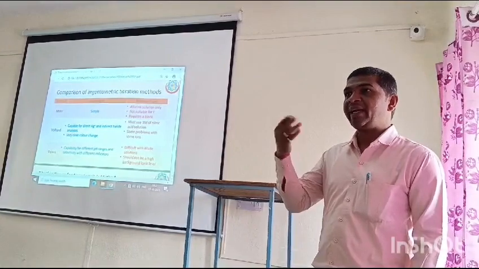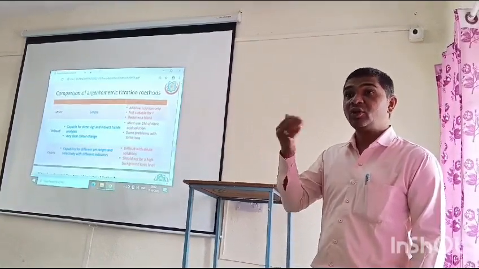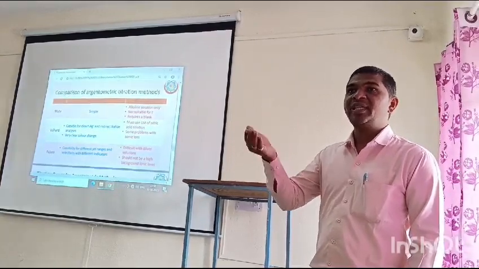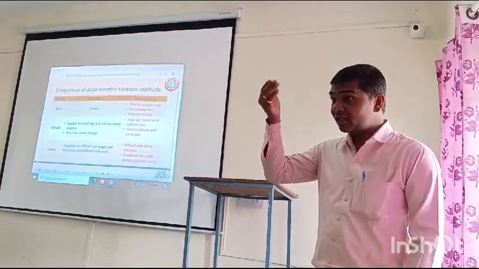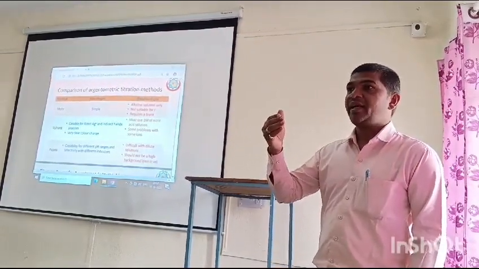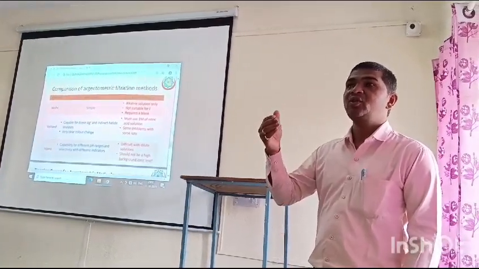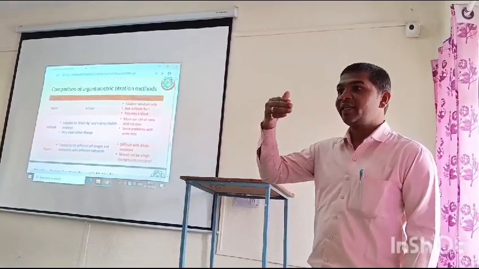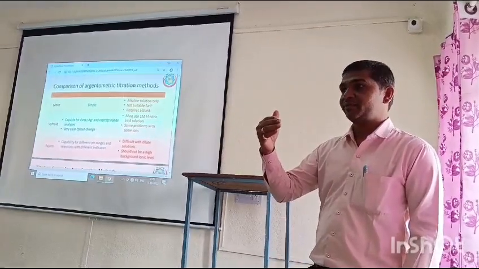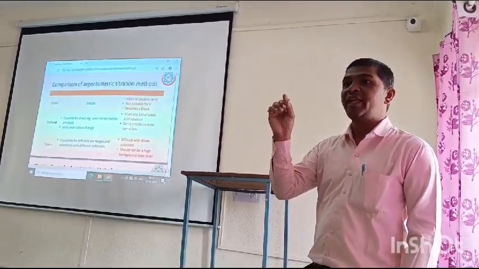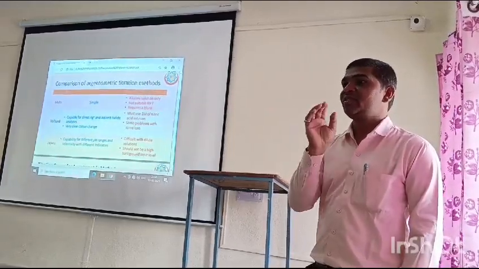And at that time a blank titration or back titration means you should take it without the sample and perform the titration, and you should get the readings, and afterwards the direct titration reading you have already taken, right? And that reading and the blank reading we should subtract, means the blank titration reading is subtracted from the direct titration reading, and then afterwards you get the perfect value, and put that value into the formula and find out the percentage purity.